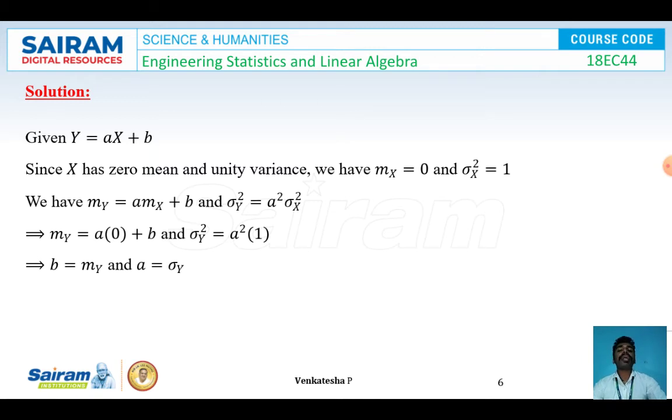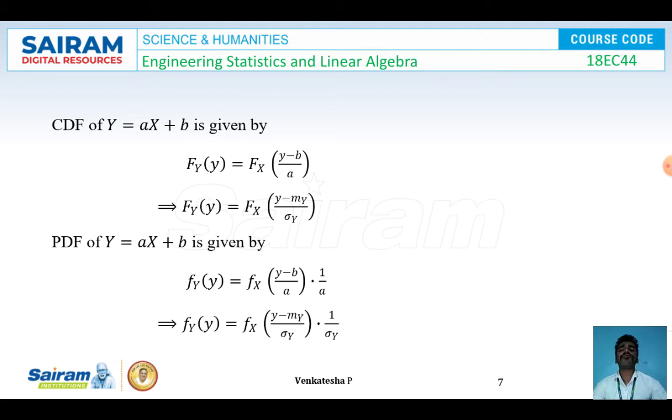Now I'll incorporate the mean of x is equal to 0 and the variance of x is equal to 1 in this expression, so that I am able to find the constants a and b here. If I replace mu x is equal to 0 here, I get mu y is equal to a into 0 plus b, so b is equal to mu y. Similarly, if I put sigma x square is equal to 1, I get sigma y square is equal to a square, and a will be equal to sigma y. Now I'm going to replace these constants in the CDF and PDF equations so that I can get the expressions for CDF and PDF which are free from the constants a and b.